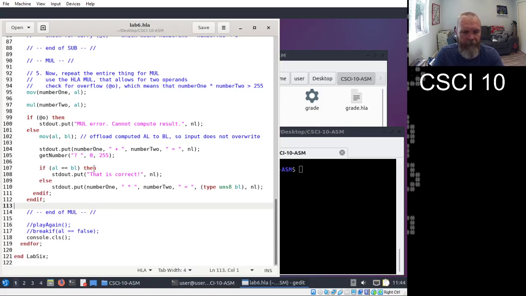That one's a little bit harder because of the extra restrictions that you have to work around and consider. Mul has to go where? It has to go into AL. You cannot change that. And because that's true, if you do something later that might affect AL, then you got to be careful about your computed result. If you don't set aside or offload your computed result, then you're going to lose it, and then you're going to have to recompute it. So just copy it off to the side, and then everyone should be happy. Let's try it.